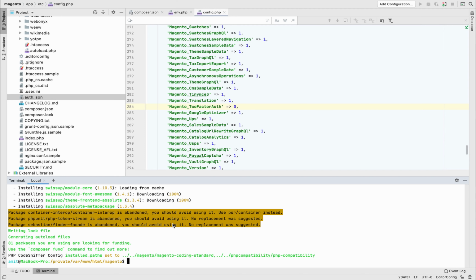The next step will be to run the setup upgrade and static content deploy commands to make sure the database is updated properly and static contents are deployed.